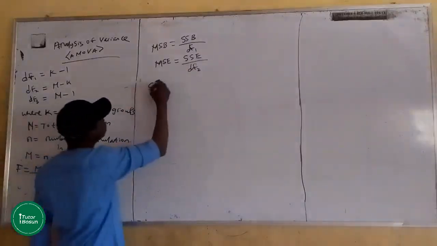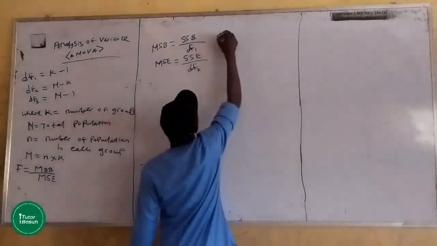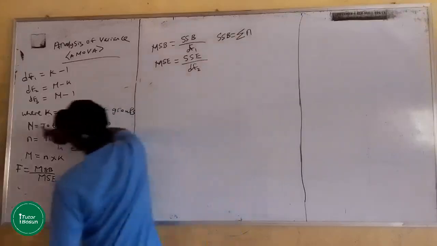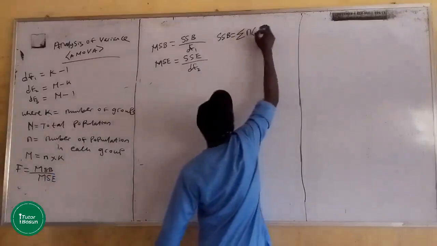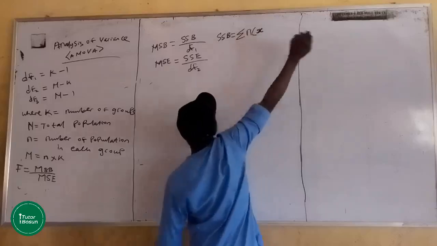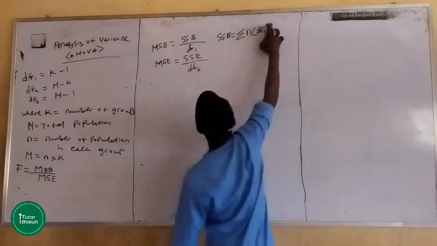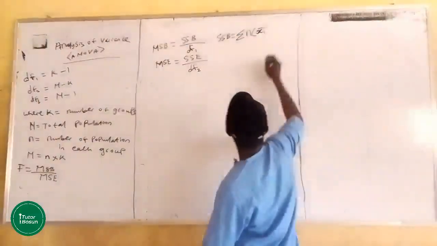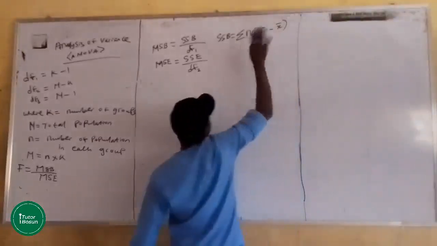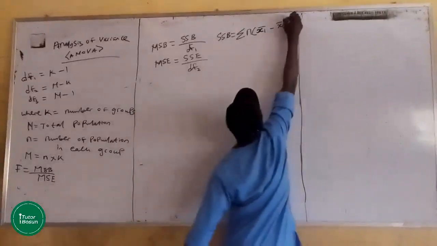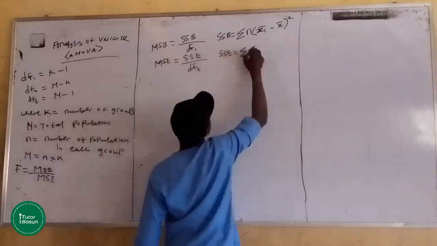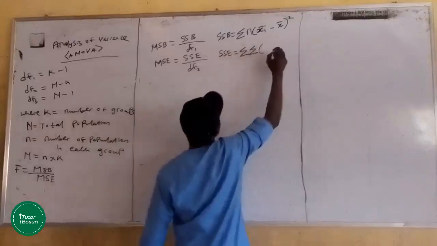Your SSB, sum of squares between, is equal to the summation of small n times the square of the mean of each group minus the overall mean, and your SSE is equal to the summation of